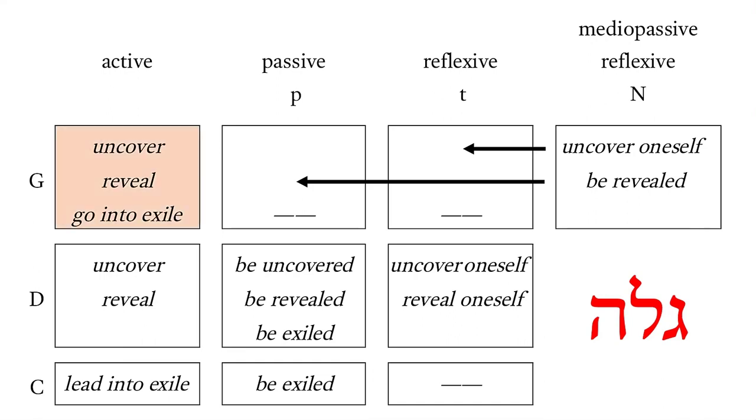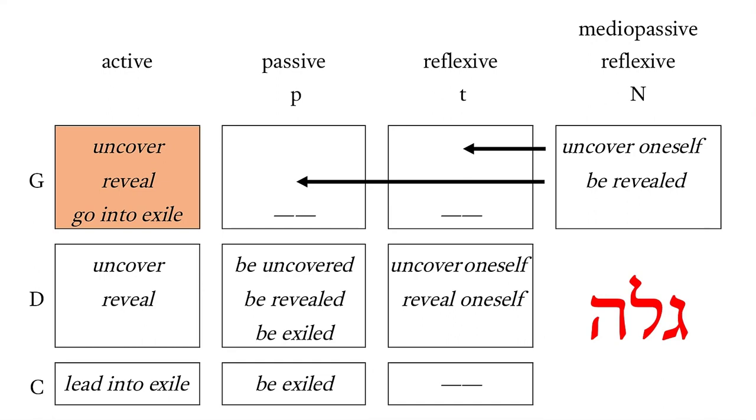Now, the first thing we notice as we look at this table is perhaps the 3 different meanings that this verbal root has in the Kal. Now, uncover and reveal are very similar. So you could say it's 2 major meanings, but you can see in the table there's a reason for separating them out. Go into exile, though, seems like a strange 3rd meaning. We will actually cover that later as to why that is the same verbal root, but seems to have a